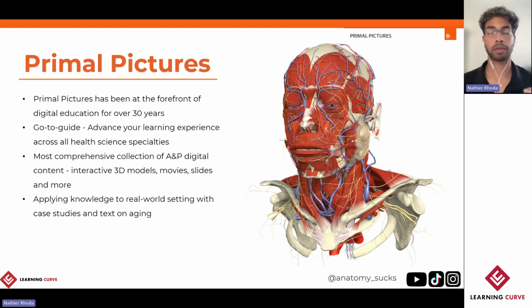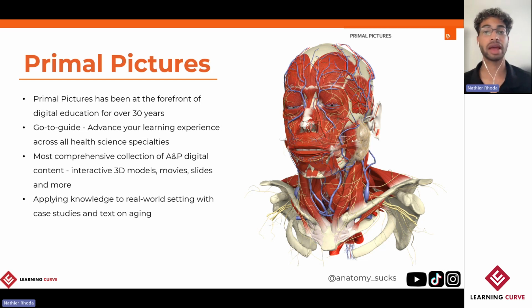Now, the main standout feature about Primal Pictures is that every single one of the interactive 3D models has been sourced from real scan data. And that's to ensure the greatest representation of both medical accuracy as well as clinical relevance through the use of a digital resource. However, there also exists a wide variety of additional media options to cater to a diversity of